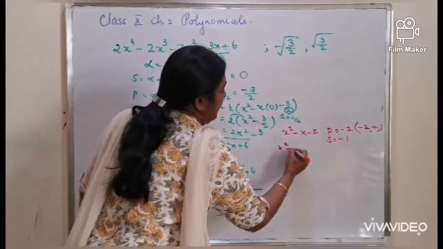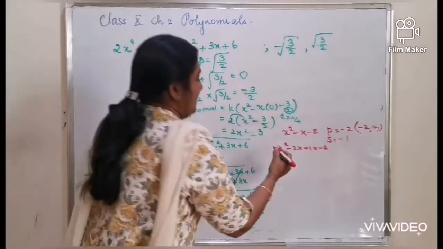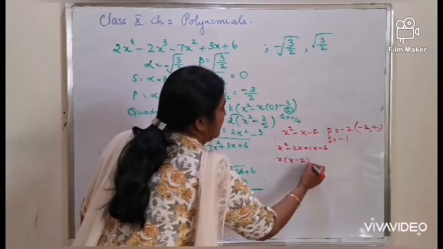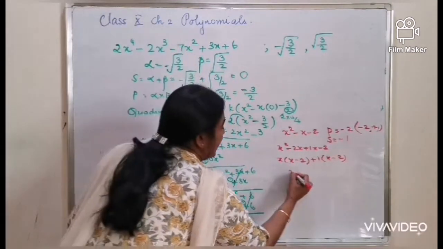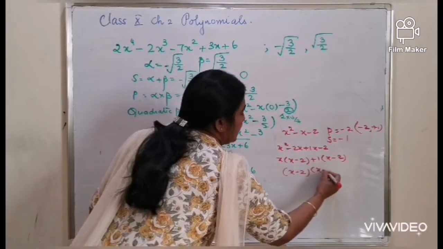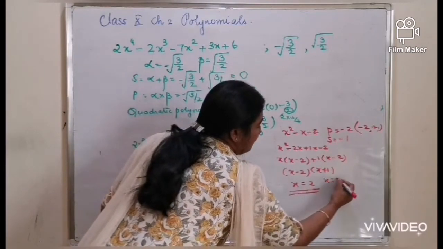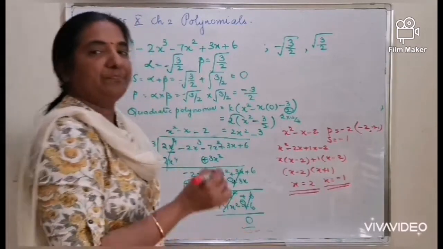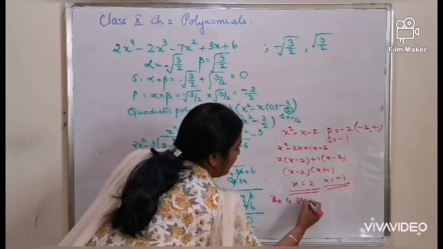Thus, x square minus 2x plus 1x minus 2. X into x minus 2 plus 1 into x minus 2. X minus 2 into x plus 1. The value of x is 2 and the value of x is minus 1. Thus, the final answer is the four zeros are